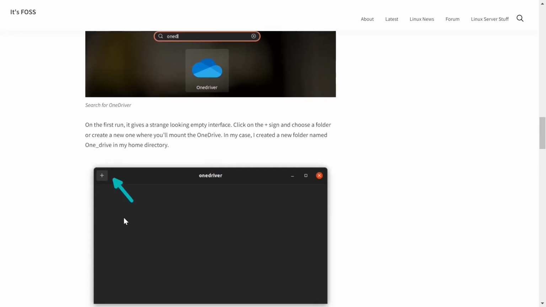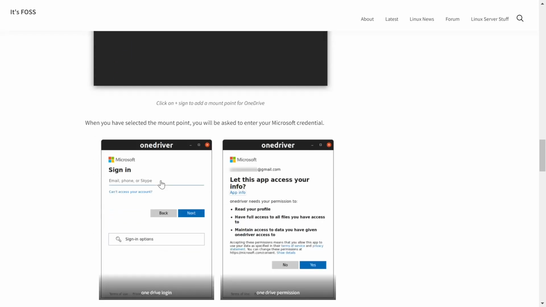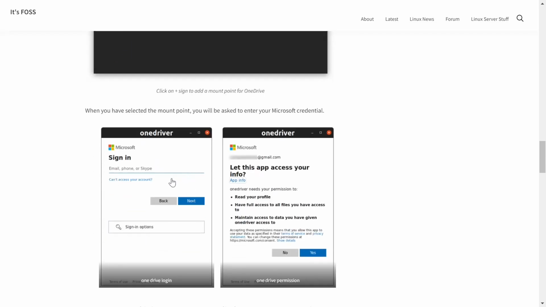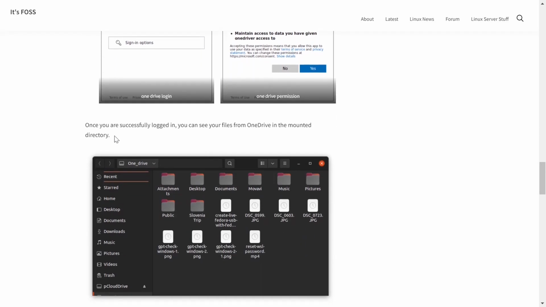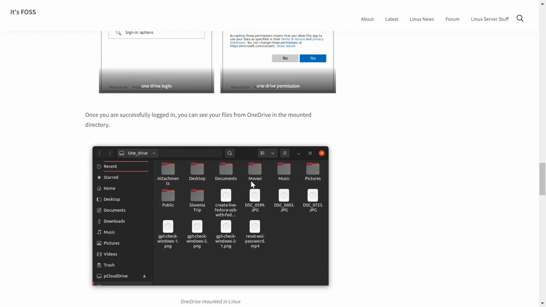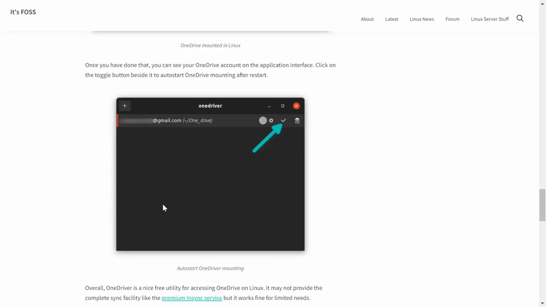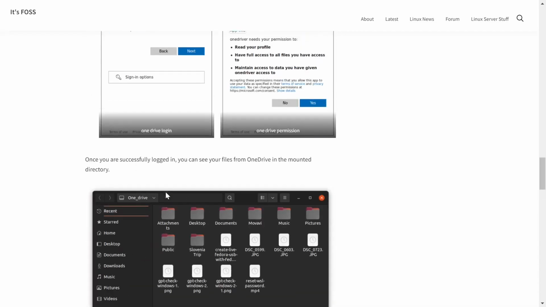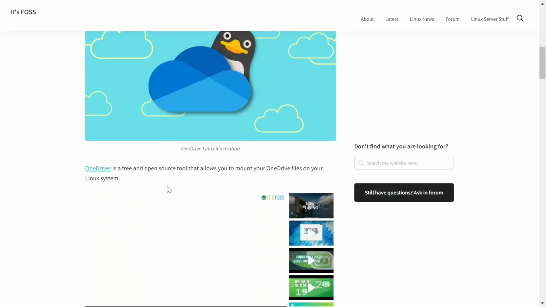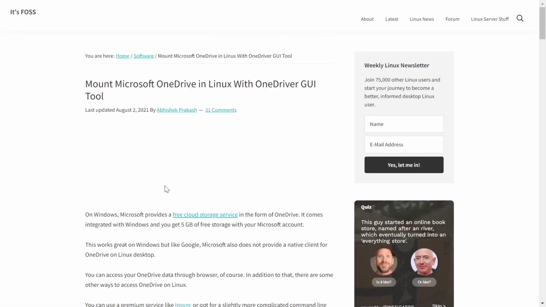You just click on it, and then you can add your OneDrive right here. You click that little button, and then you get your regular Microsoft sign-in page that you would get if you were on Windows. You put your information in, and once you've successfully logged in, there is your OneDrive right there in your file manager. With a graphical user interface, it's easy to set up, and it makes things real simple for you. There are not a lot of steps involved, and it's not rocket science.